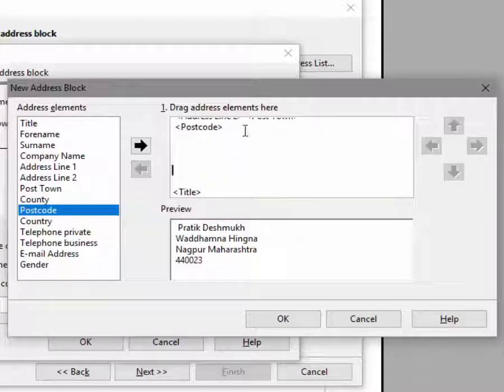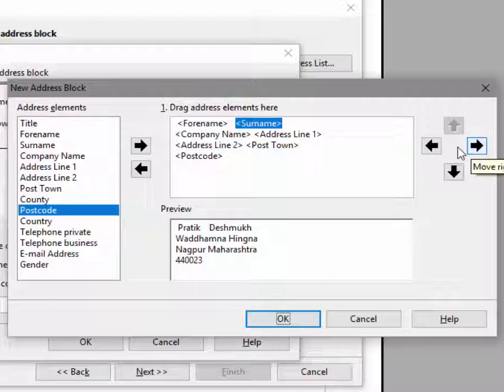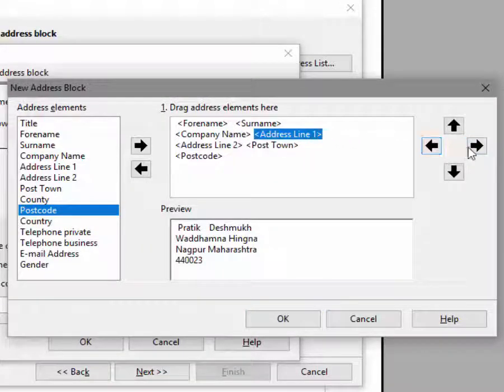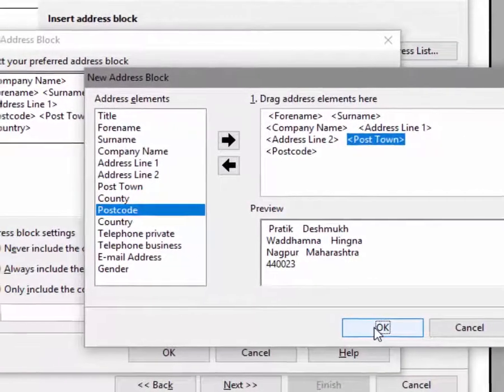It is not compulsory that whatever fields or columns we write in the data source spreadsheet file will always be available in the existing field list. So that's why this is just for mapping the fields. We can choose any predefined field for displaying our data source file fields or columns. For displaying the pin code, we will choose the post code predefined field. So whatever arrangement we do at this stage, in the same format the address block will be generated and displayed on the letter.